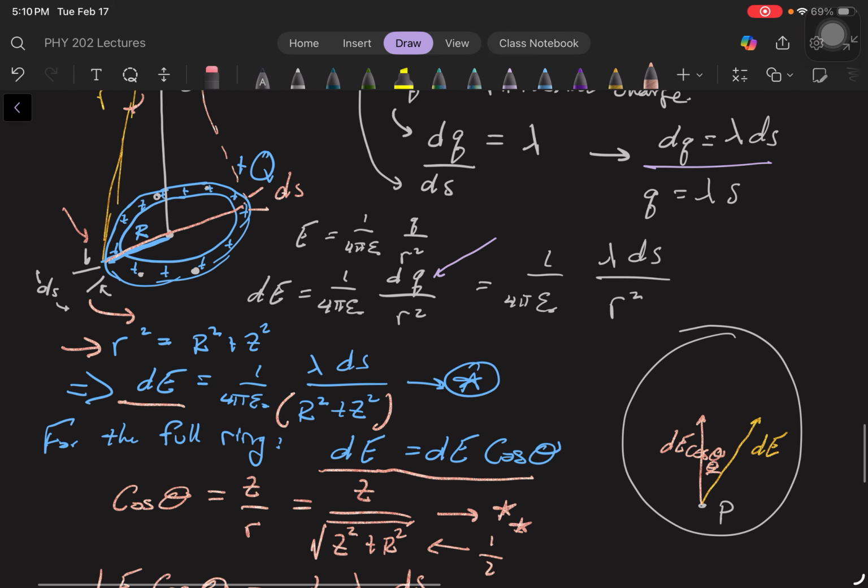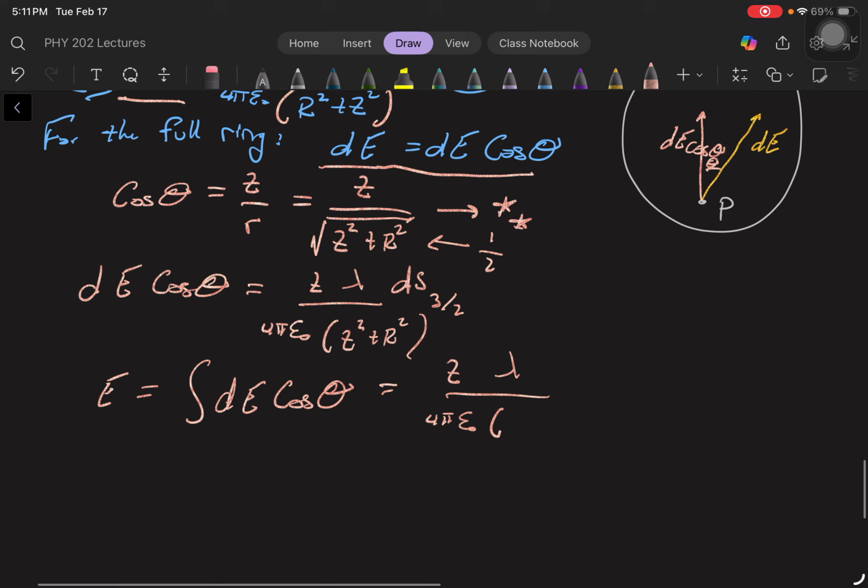If ds goes around the ring, Z has nothing to do with that. So that's cool. Z squared plus R squared to the 3/2 times the integral of ds,